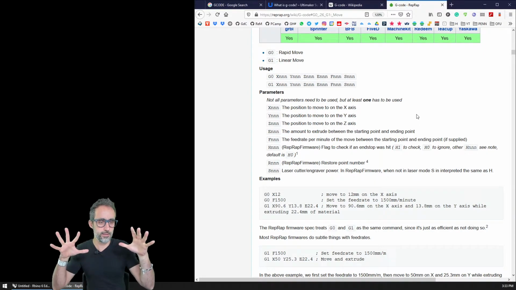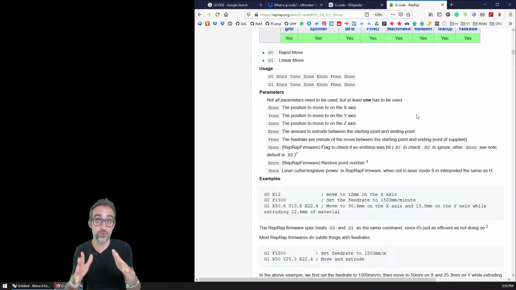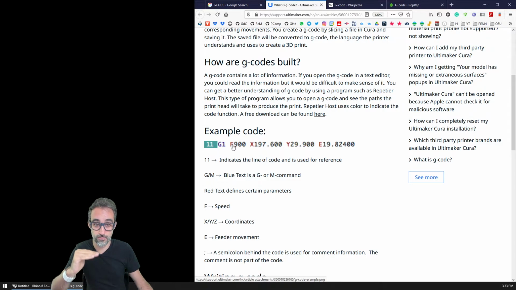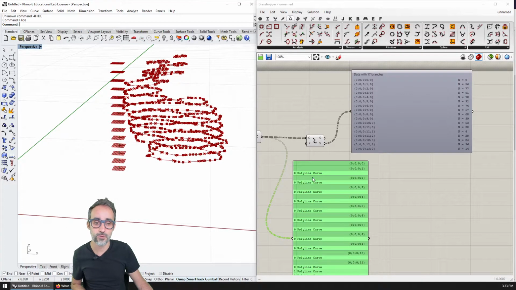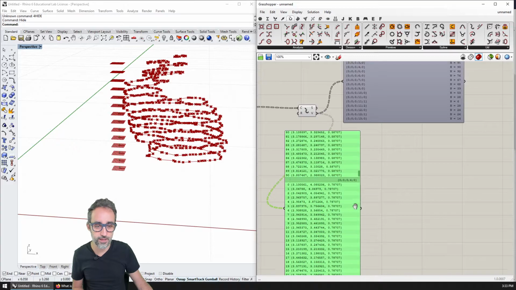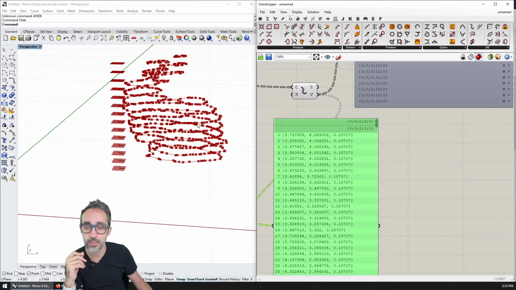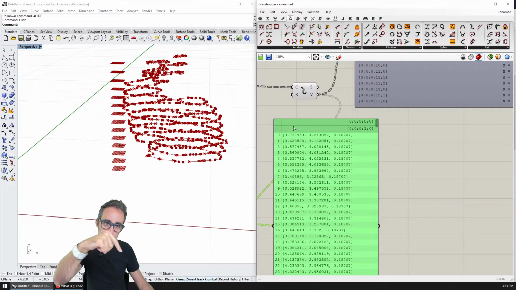But again, my intention in this exercise is not to write a full-fledged functional G-code compiler. It's just to give you a sense that we're going to translate from geometry that we have into a program that is going to have a bunch of these textual lines with the information. So if that's what we need, then if you remember, in Rhino, what we had was a tree that has a lot of vertices, so each one of the X, Y, and Z locations of where the bunny is in 3D space and the journey that it should follow.